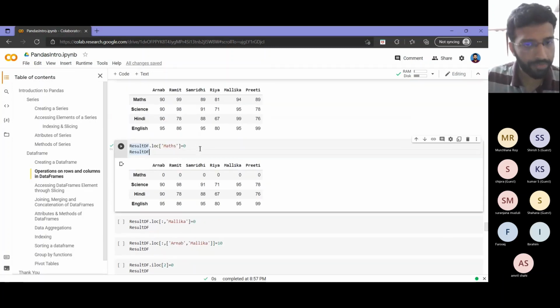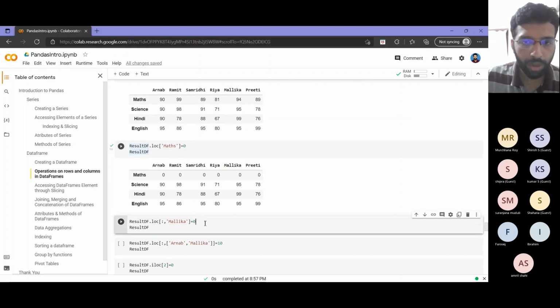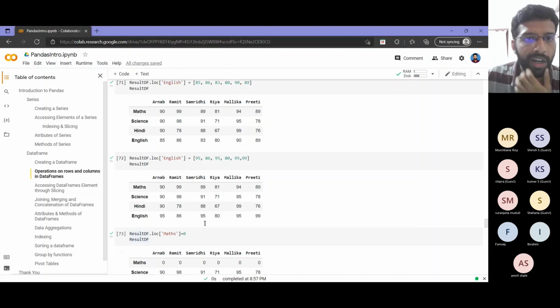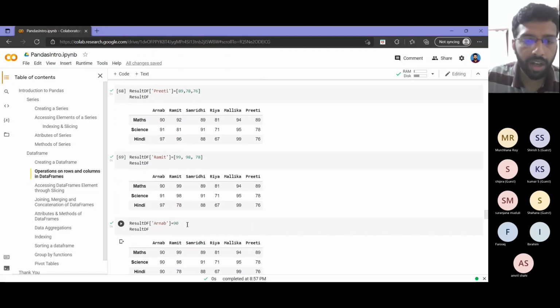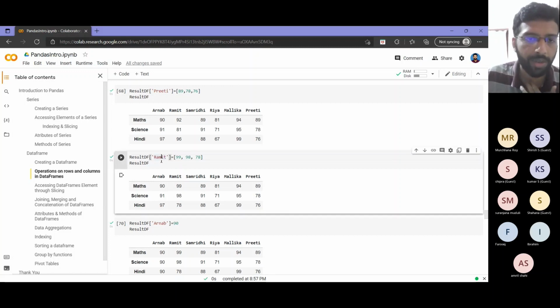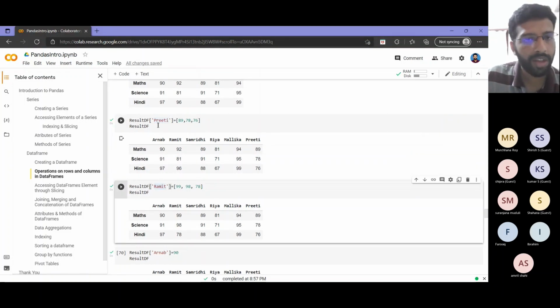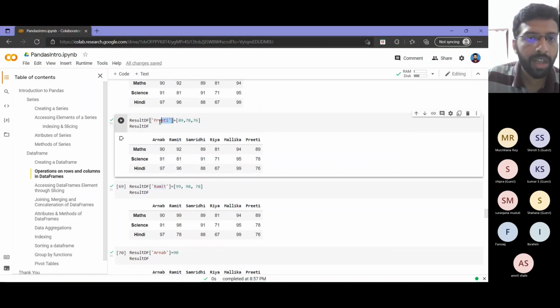Now here, if you see, I told earlier that everywhere I should use loc and iloc. But here, as you can see, I did not use that. I directly went for calling it using this.